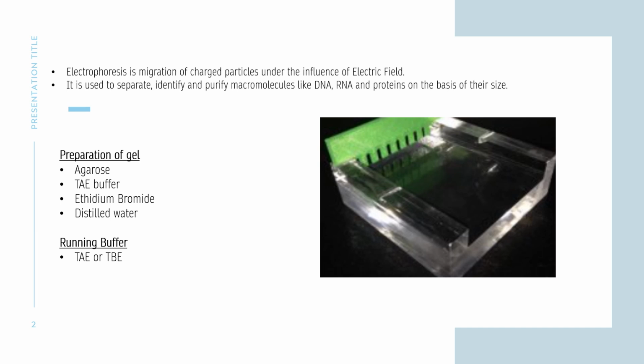Now, the first thing we need is to prepare a gel. So how do we prepare a gel? The first thing we require is agarose. Agarose is basically a polysaccharide which we obtain from sea kale. It is like a gelling agent. So what does this agarose do? It creates a sieving effect for the gel. तो जो sieving effects में जो pores create होंगे, the macromolecules will migrate through these pores and arrange themselves on the basis of their size.